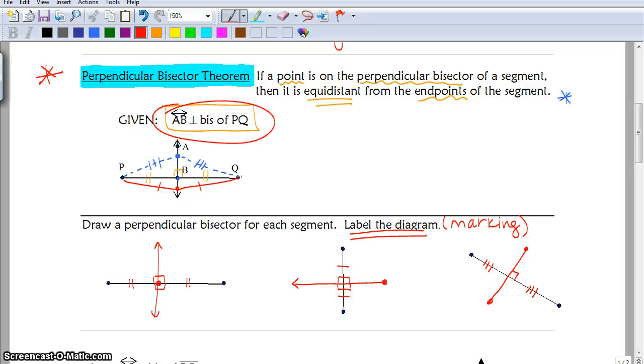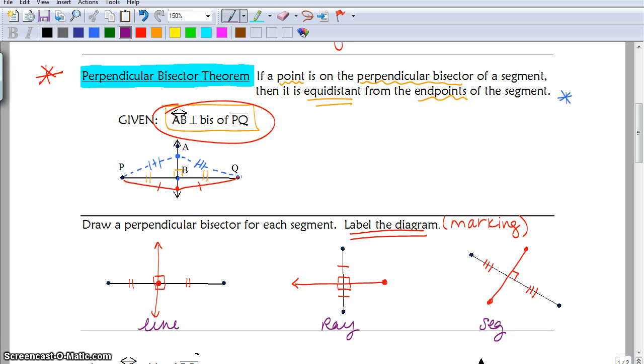Okay, now before you go marking anything, thinking you did something wrong, I want you to listen. I just drew them a little differently on purpose. I drew a line here as the perpendicular bisector. Here I drew a ray as the perpendicular bisector, and here I drew a segment. I just did that to show you that it doesn't have to be a line every time that's the perpendicular